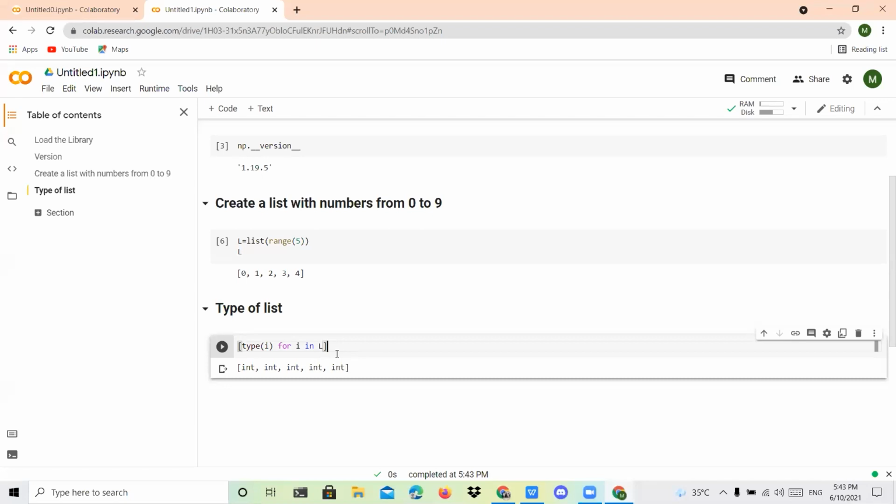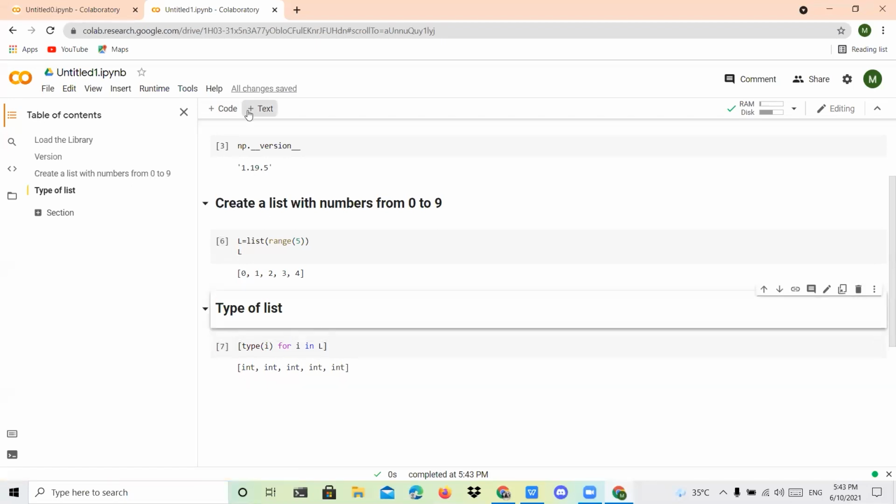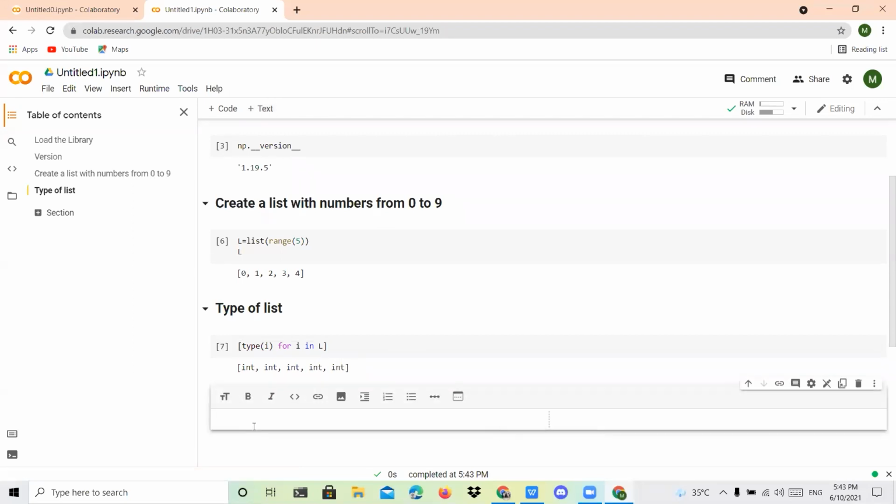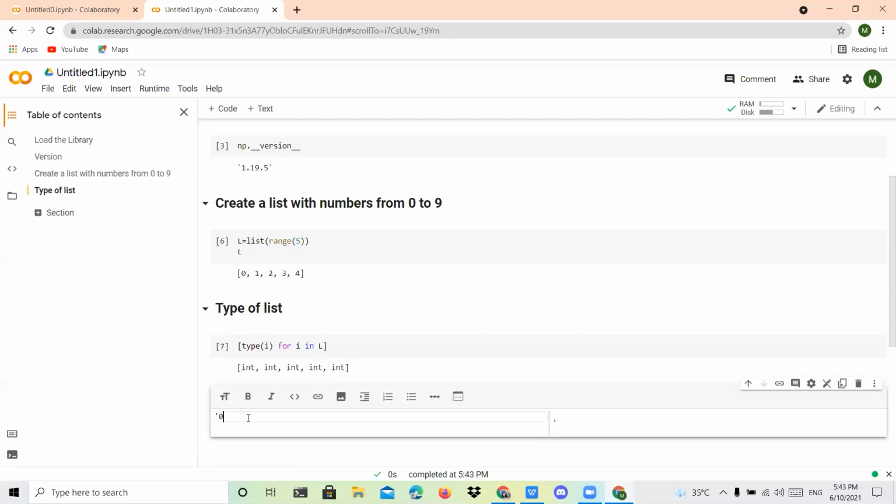Everybody knows what a character is. Suppose the integer 0 is represented like this, then we can consider it as a character. Otherwise, we can give a single quote, and within that I'm going to give a. This is also considered a character. Whatever you give in single quotes, if the length is 1, we can automatically consider it a character.